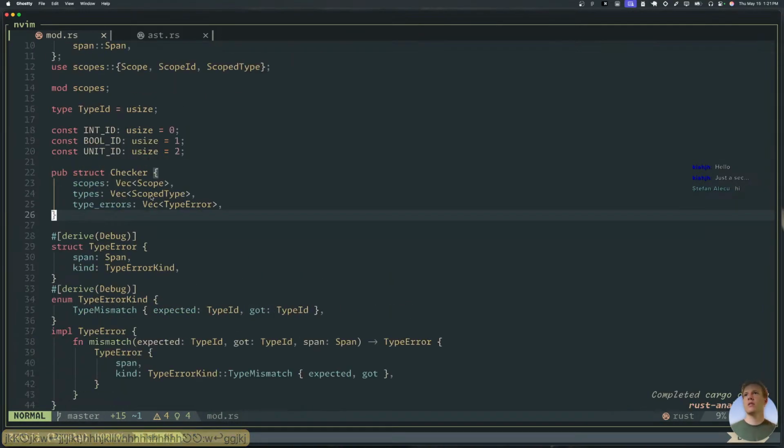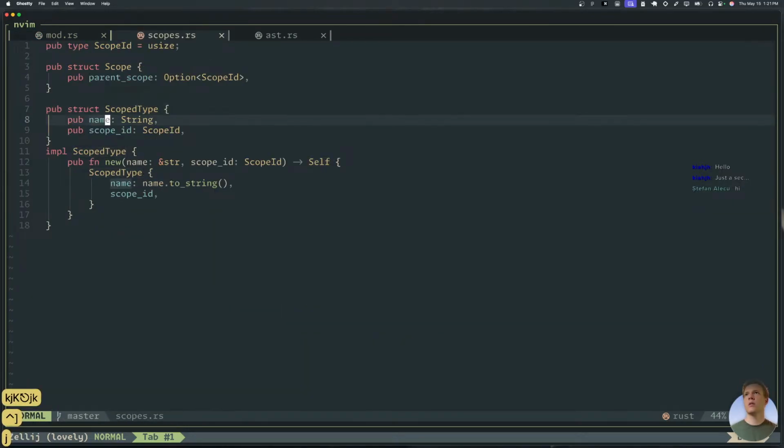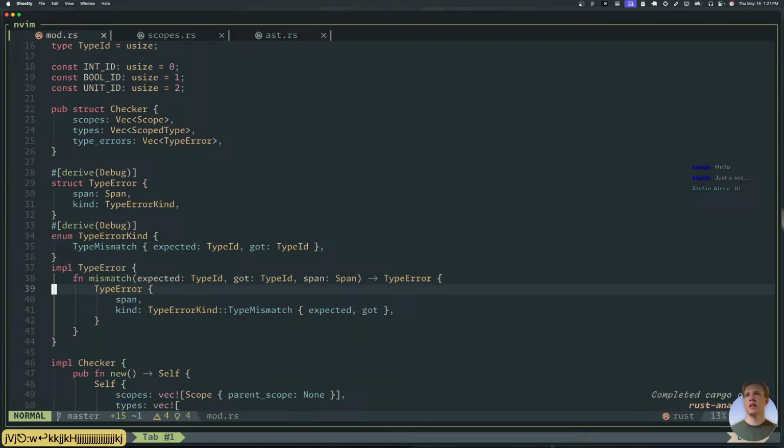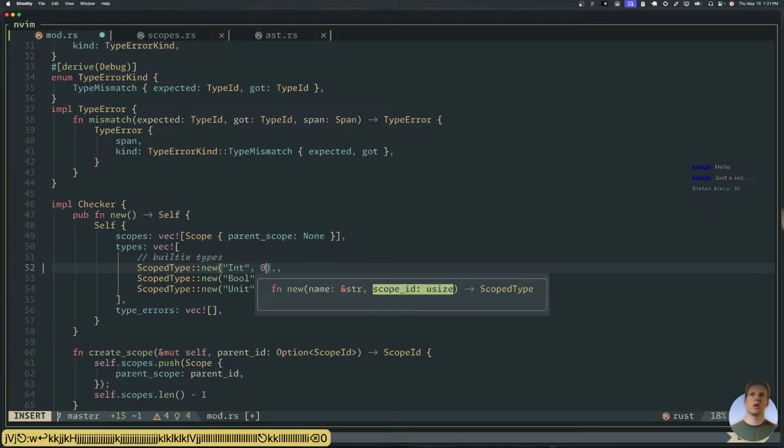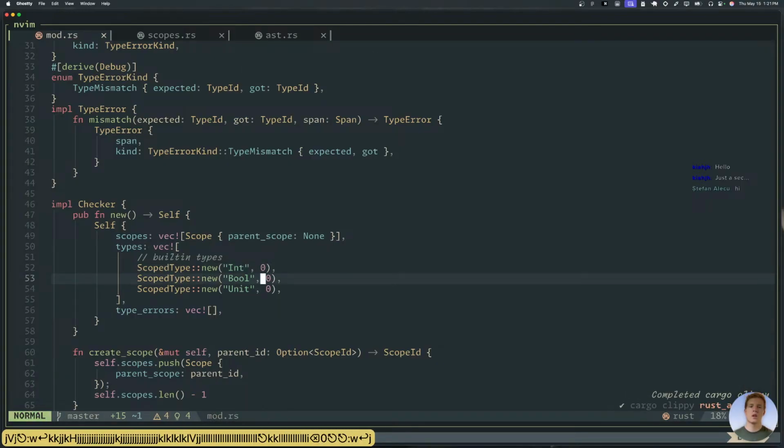So how are we doing with scopes? Scope types. They are associated with a scope ID. And how are we initializing it? These scope types are with scope 0, which is the global scope. Gotcha.